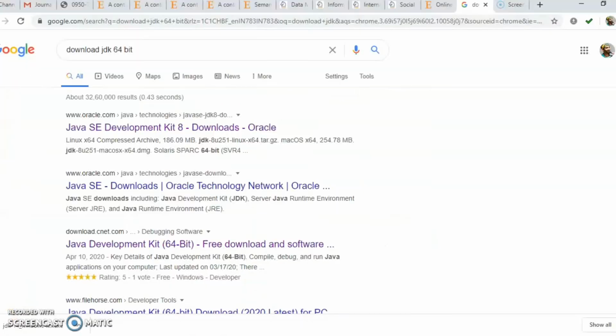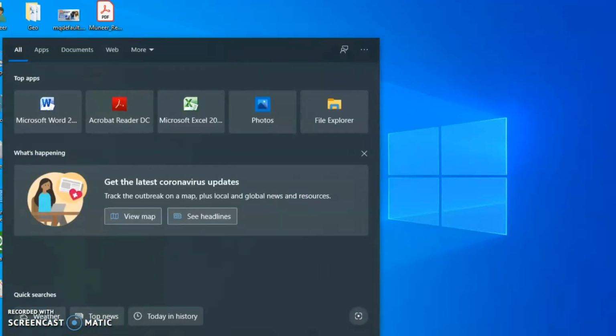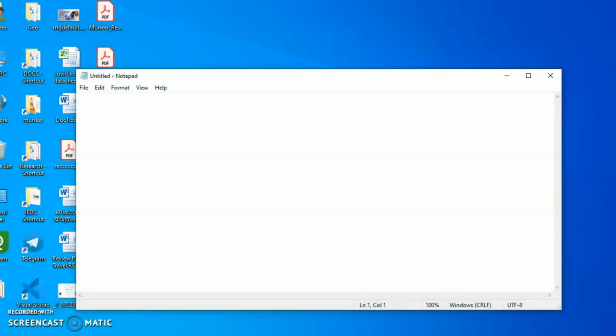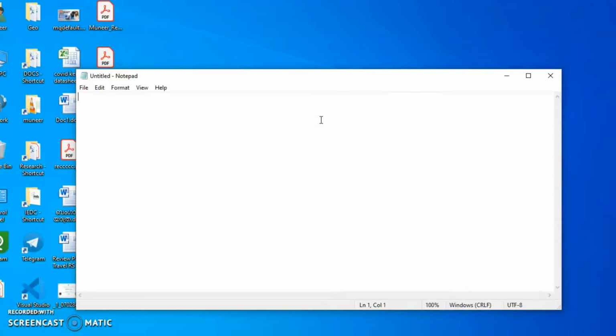Now the second part, we are going to write a Java program. You can use any text editor. For the time being, I am using Notepad. The simplest way to write a Java program is to declare a class first. Class, for example, Test. Just listen to how the program is written. We are writing the simplest form of a Java program, a hello world program.